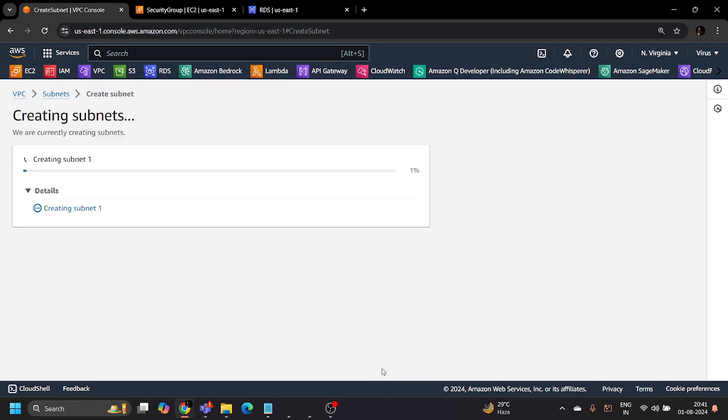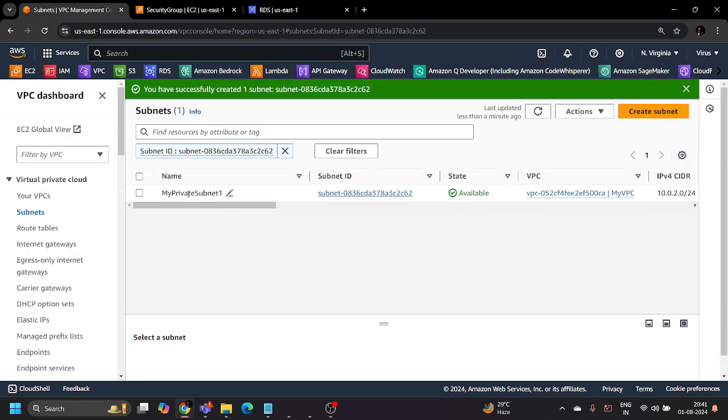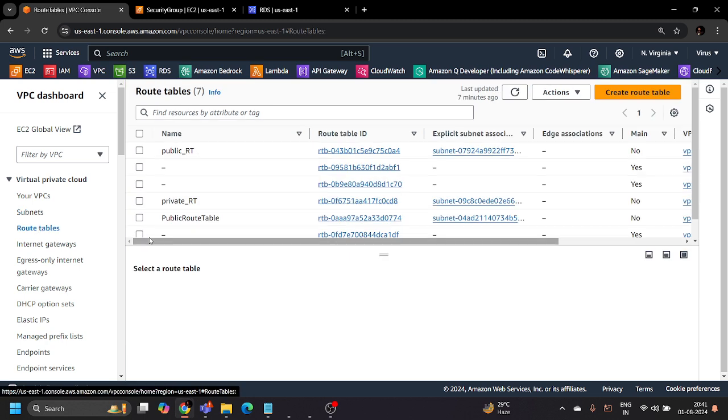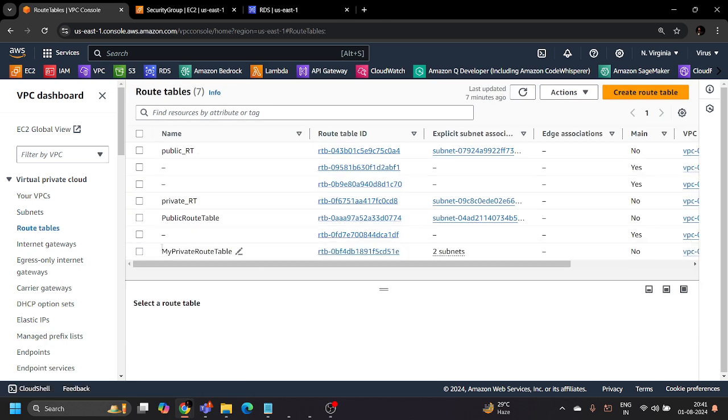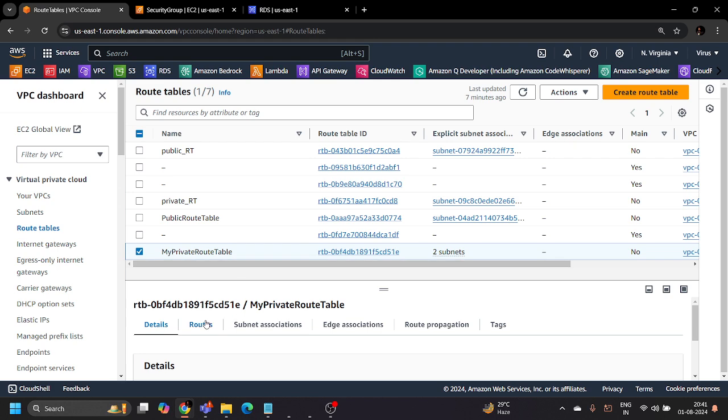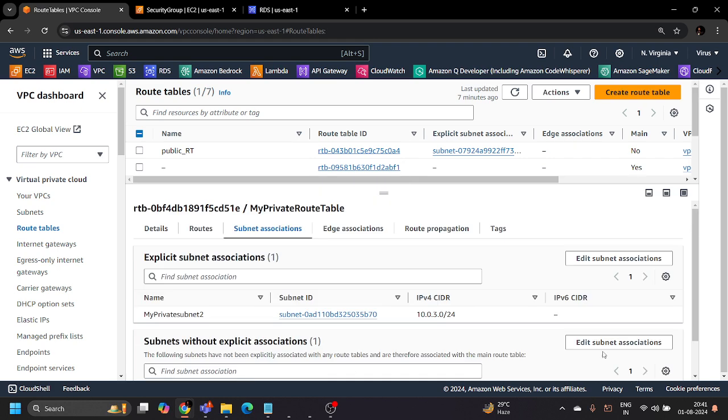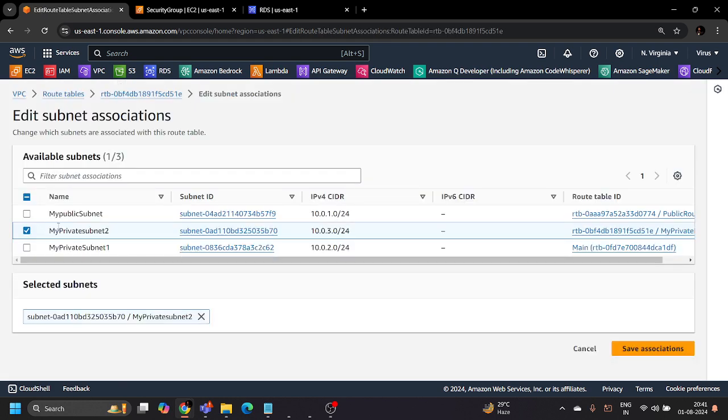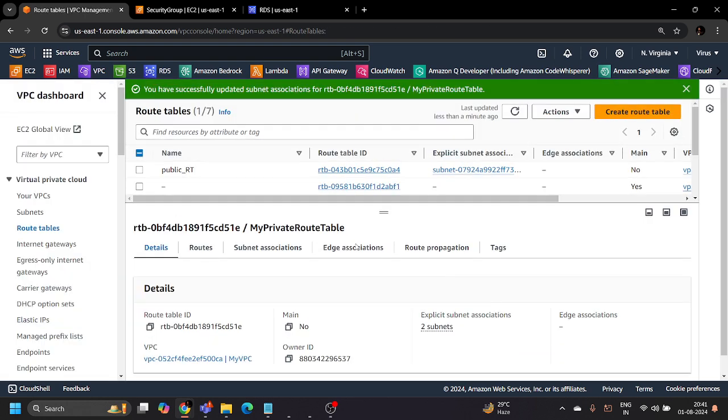Let's click on this create subnet over here. So my private subnet one we have created. Now let's go to the route table, where our private route table is, in subnet association, and let's add this my private subnet one over here as well,